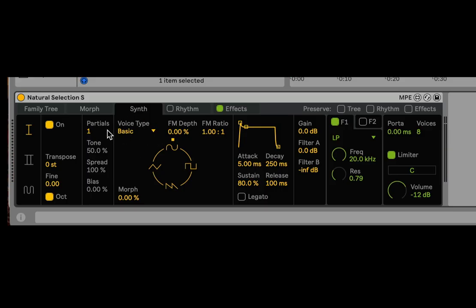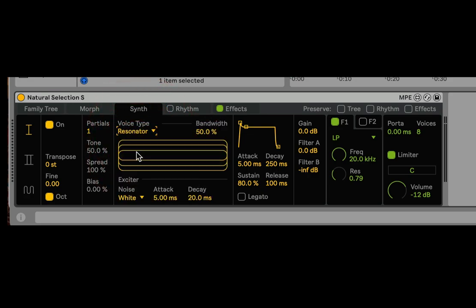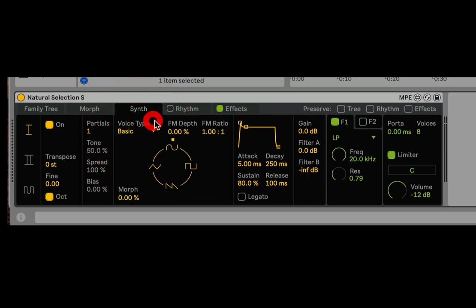And here, kind of in the center, is the voice type, and we have a few different options. There's basic wave shapes, resonator, string, wavetable oscillator, and a noise oscillator. So if I change them, you'll see this whole thing changes, the display. So we'll just start with basic. And a lot of this is covered in the walkthrough, but here we can do some examples and explore other things, especially with the partials. So in basic,